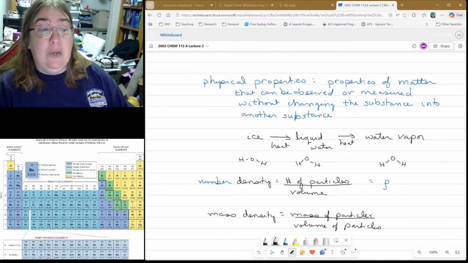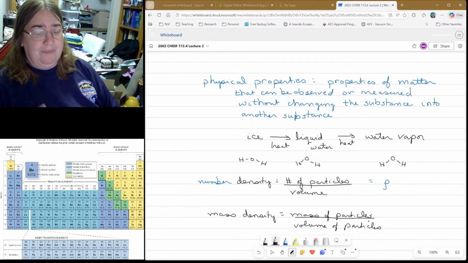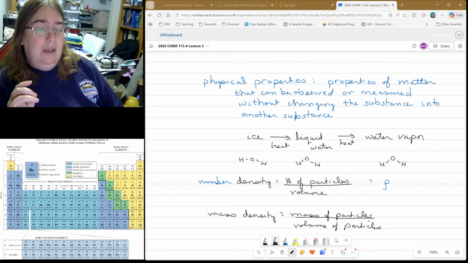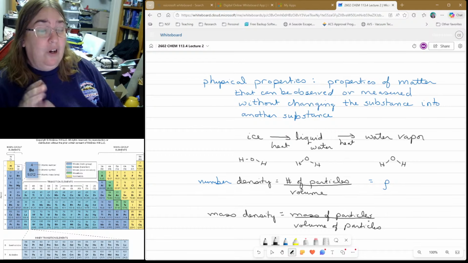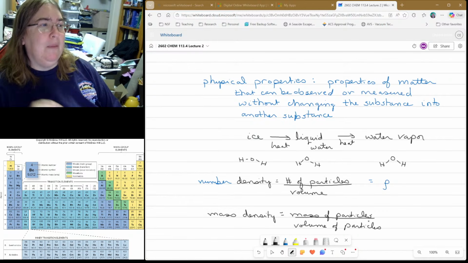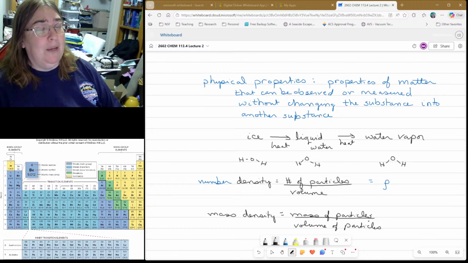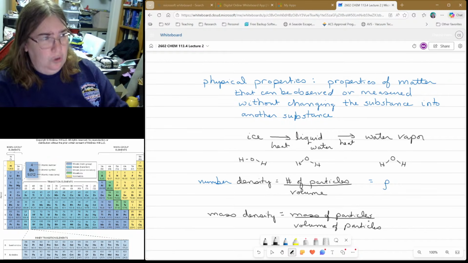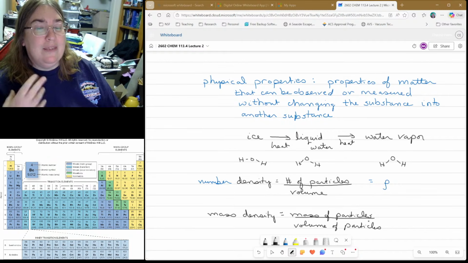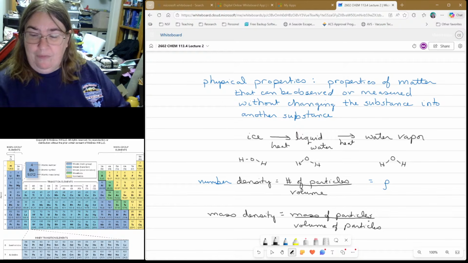And that is really important because we're going to later on have concentration, and concentration is going to look very similar. It's going to be mass of something per volume. What's different is what the volume is. In concentration, it's mass of something per volume of solution. Here, it's mass of particles per volume of particles. So, for example,